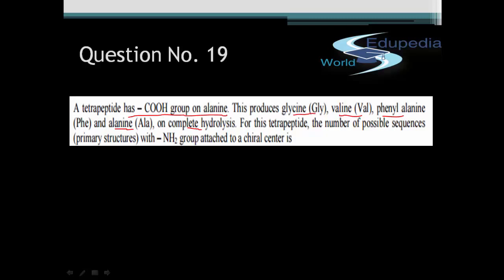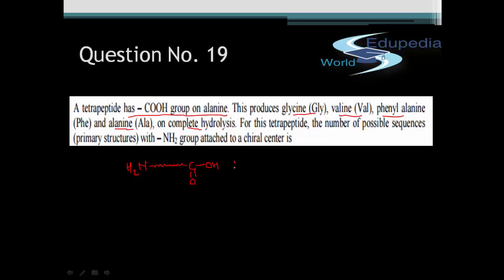First of all, let us quickly remind ourselves what is a peptide linkage. First of all, what is an amino acid? An amino acid has an NH2 group, then certain groups in between which will be different for different amino acids, and at the end there will be a COOH group. This in between thing can be different for different amino acids, which basically generates the different kinds of amino acids. So this is one of the amino acids.